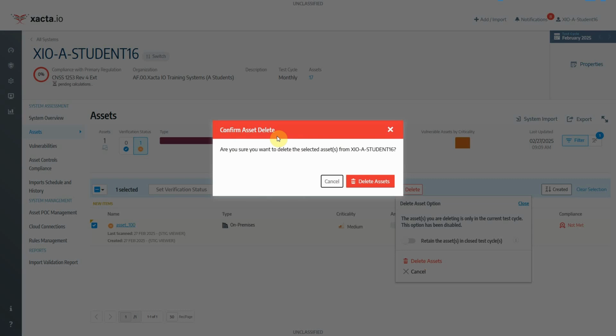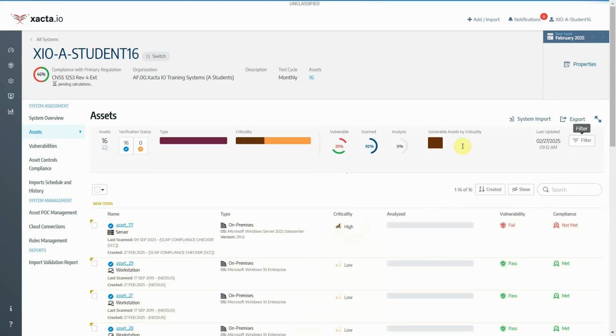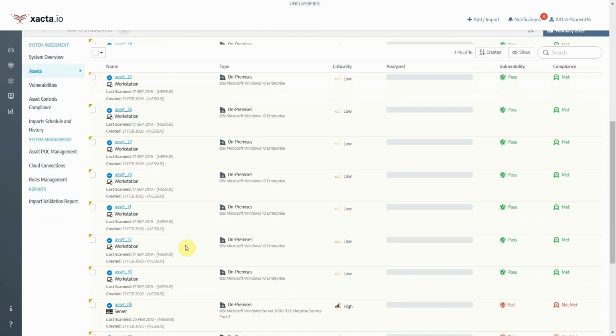This is your chance to back out of a deletion if you're about to accidentally delete something that you didn't want to. But in this case, we do want to delete this because these are unverified assets. So I'm going to delete that out. And now that asset no longer exists. And if I clear my filter, I'm now down to 16 assets, and I have everything set up and prepared